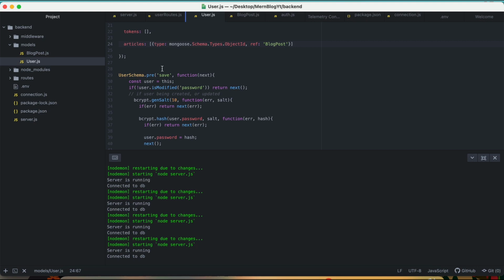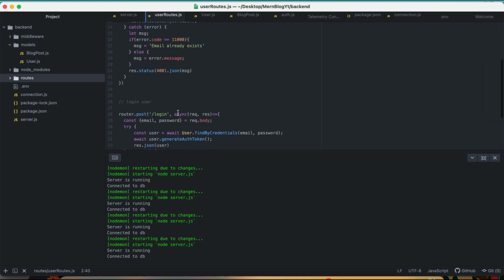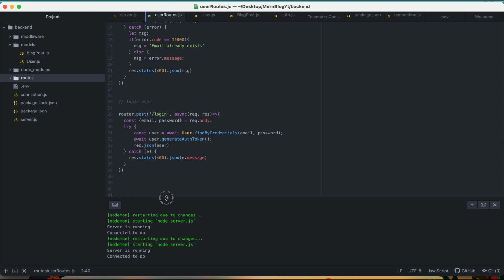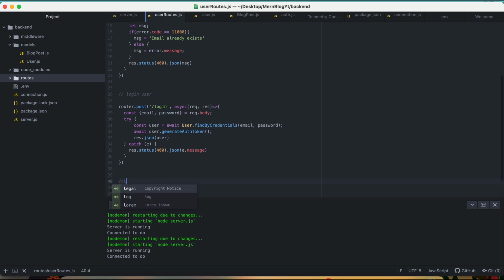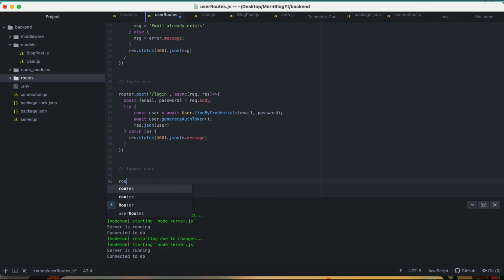Now we can build our routes. First of all, let's go back to the user routes to add the logout route. We can just add here the logout route, logout user, we say route, or we send the delete request, logout,